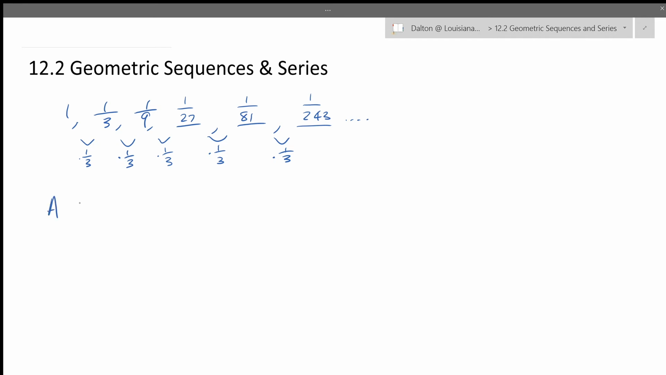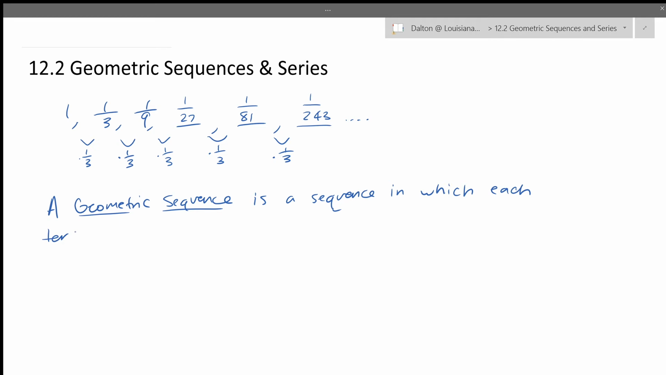So, by definition, a geometric sequence is a sequence in which, and you can feel free to shorthand this definition if you'd like, each term after the first term, and as we talked about yesterday, your first term is denoted by a sub 1, is the product, and that's the main difference between geometric and arithmetic, it's the product of the preceding term,